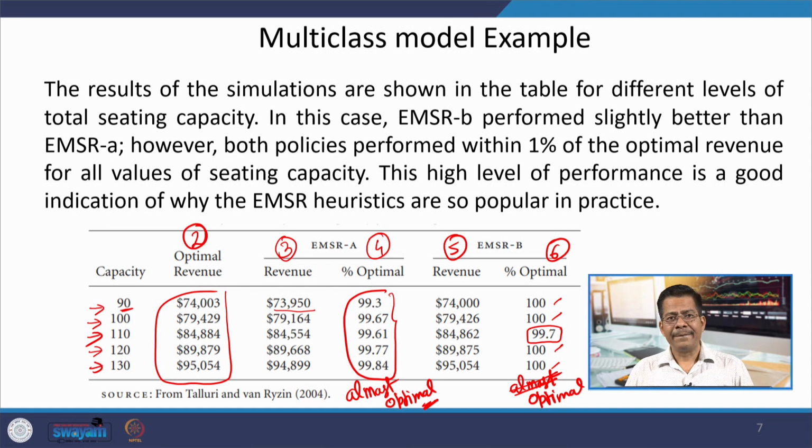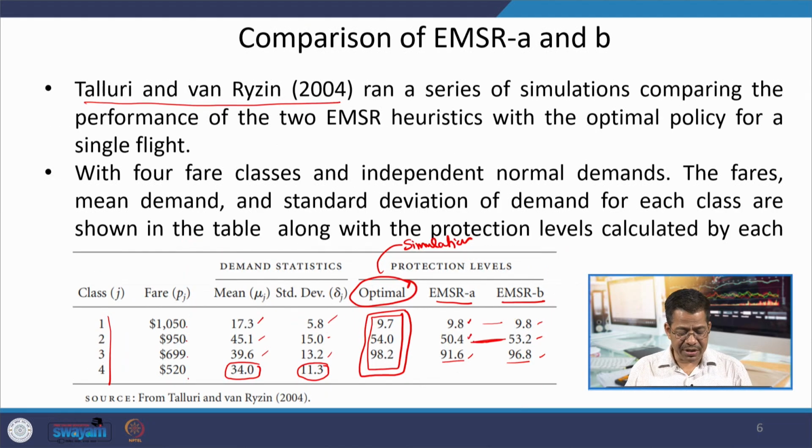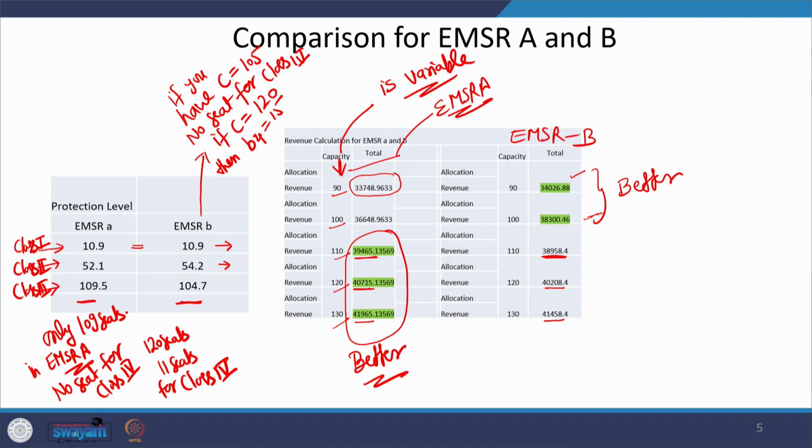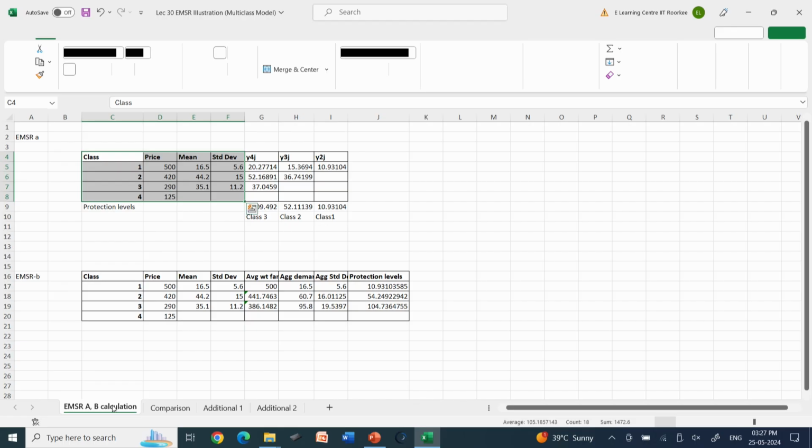Now, let us go to the Excel part, so that we can understand how the calculations or these numbers which we have discussed with respect to EMSR calculations or with respect to total revenue calculation have been obtained. So, you all can use your Excel system, and using the Excel system you can punch this data, and when you punch the data you will see that this data is there. You can see on your screen that we have 4 classes.